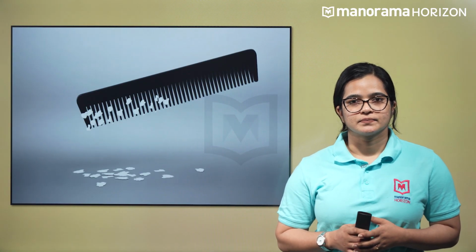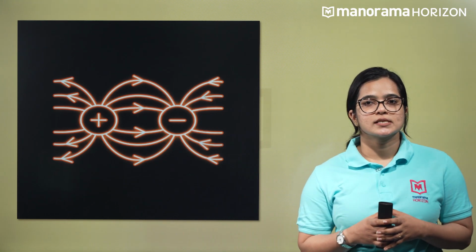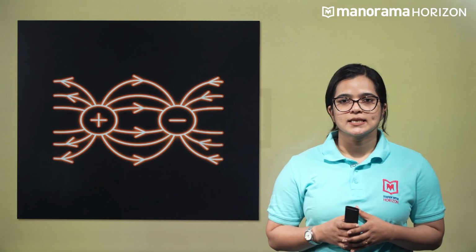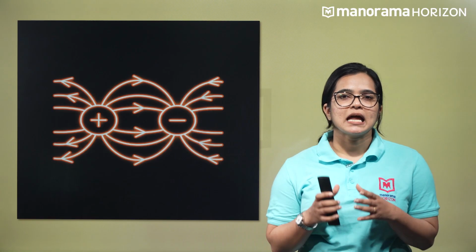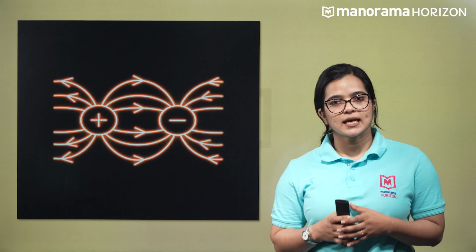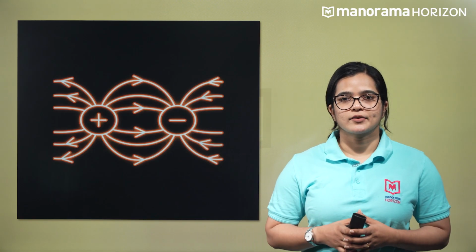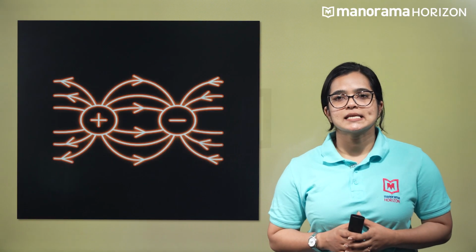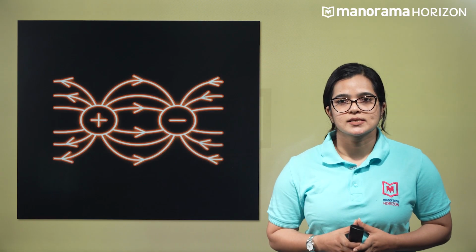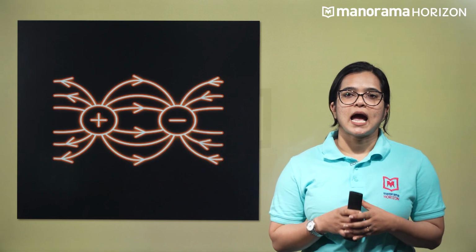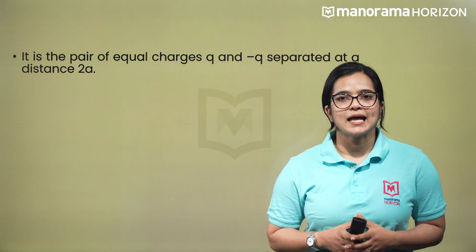So let's dive in. What we are seeing is an image of two charges, positive and negative, separated, and some lines of forces are generated and terminated. An equal positive charge and negative charge separated by a finite distance is called an electric dipole. The simplest example of an electric dipole is that of a pair of electric charges of opposite signs and equal magnitude at a certain distance. What is an electric dipole?